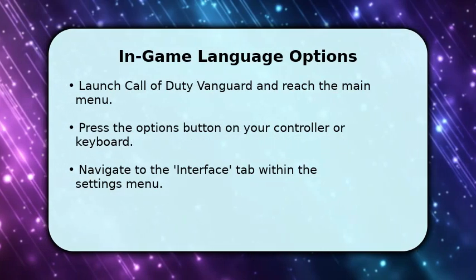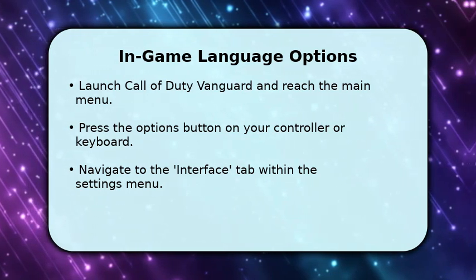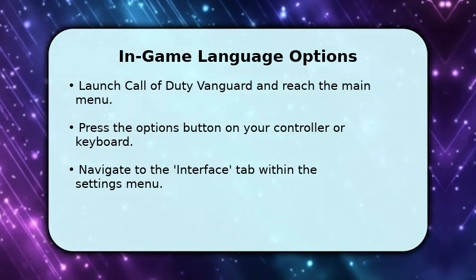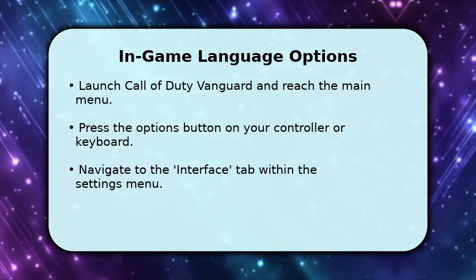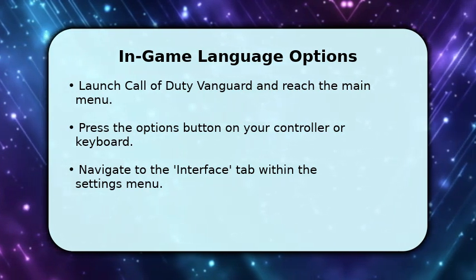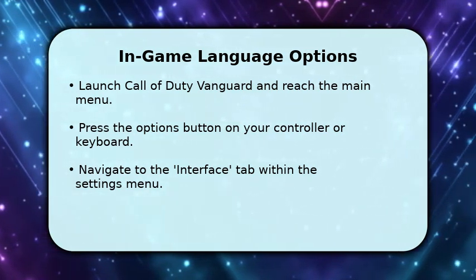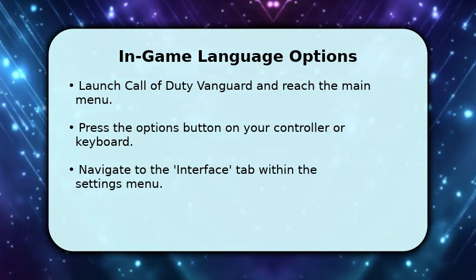Once you've launched Call of Duty Vanguard, head to the main menu. From there, you'll need to access the game settings. Look for an Options or Settings button, usually found in the bottom left corner. Within the settings, tab over to Interface. Here, you should find the language selection option, allowing you to pick from the supported languages like English, French, Spanish,